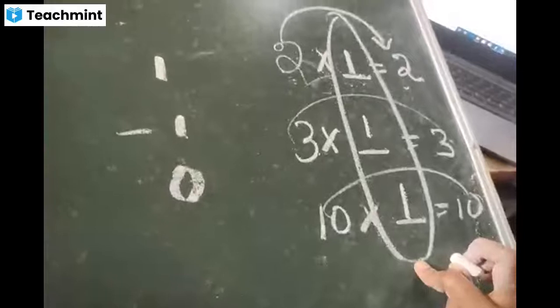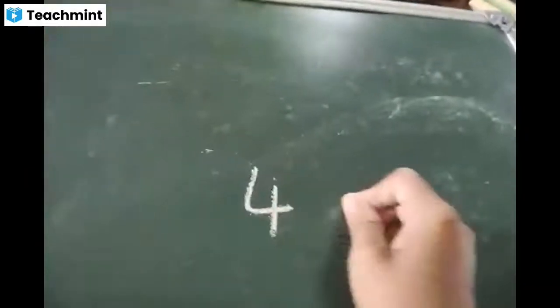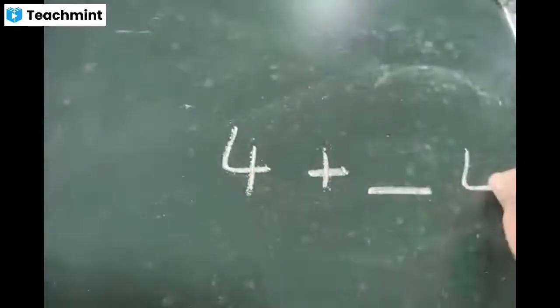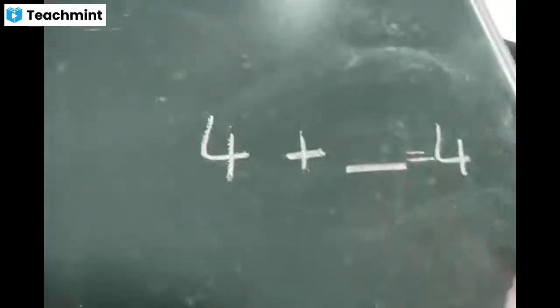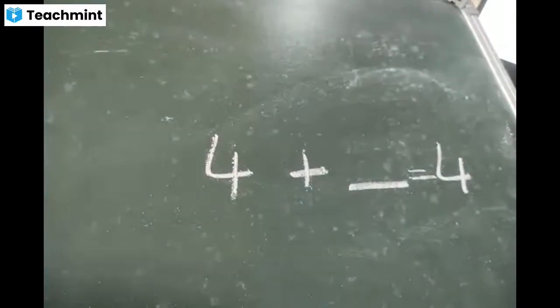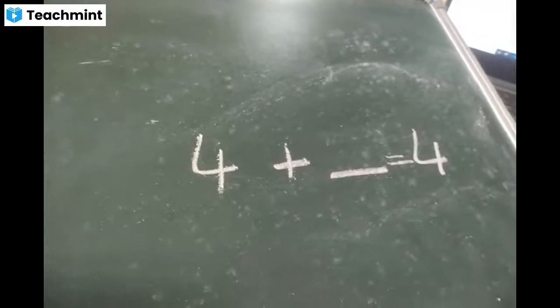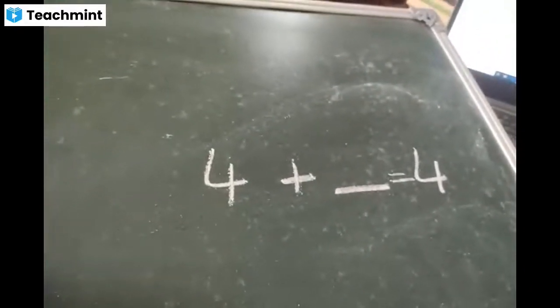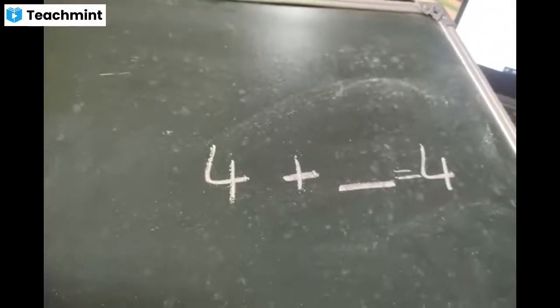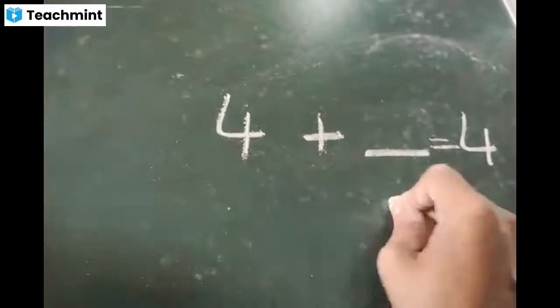Same way we have to check in addition also. In addition also we have an additive identity. What is that? I'll take some number here, 4. Plus something I will do, but I must get the answer as 4. Which is a possibility here? Okay, I can't hear on mic. I don't know, some setting problem. Maybe it is there in your set. You can do it later. Now, 4 plus dash equal to 4.